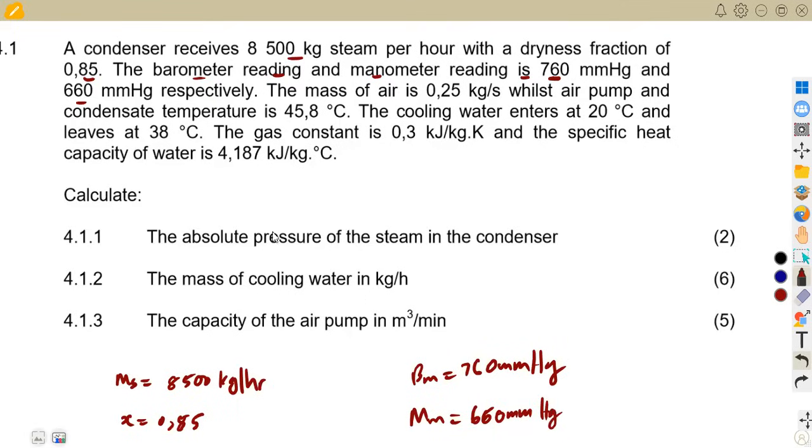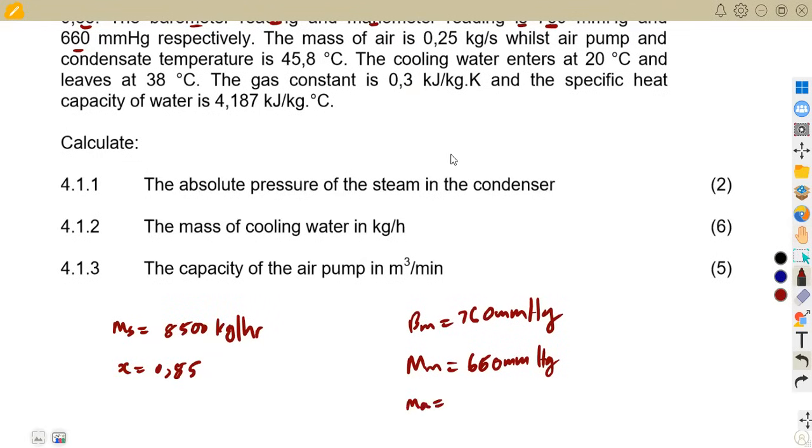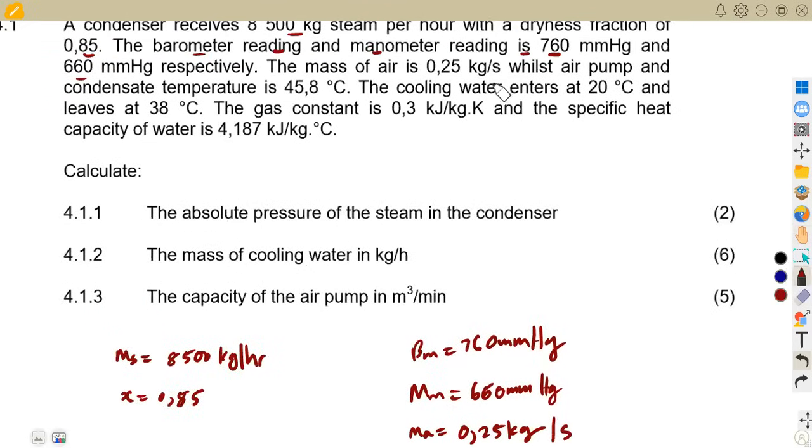And also we have the mass of air. This time we are given the mass of air directly. Remember, there are some conditions where you have to calculate the mass of air from the mass of steam. Here we have the mass of air direct, being 0.25 kilogram per second, whilst the air pump and the condensate temperature is